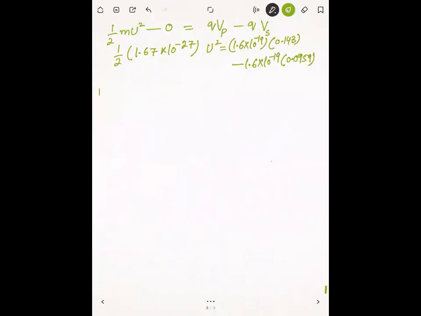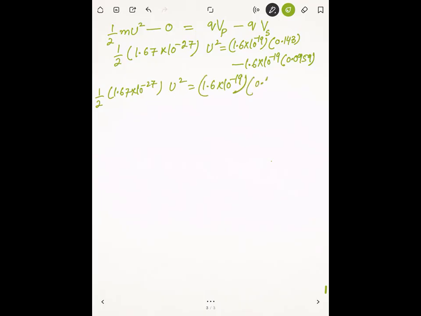Now, if we solve this, it will become 1 over 2 into 1.67 into 10 power minus 27 u square is equal to 1.6 into 10 power minus 19